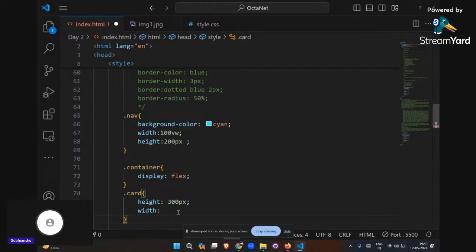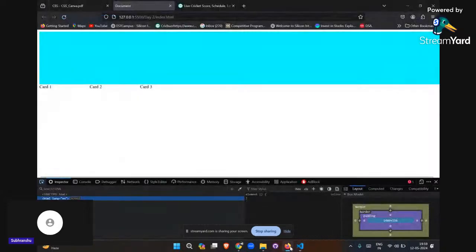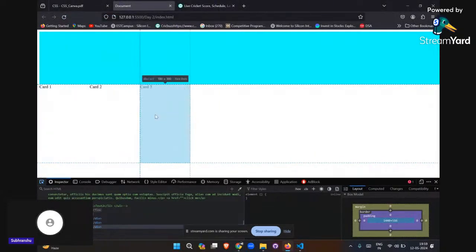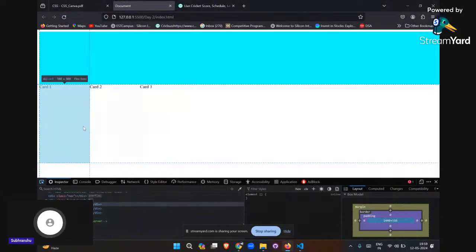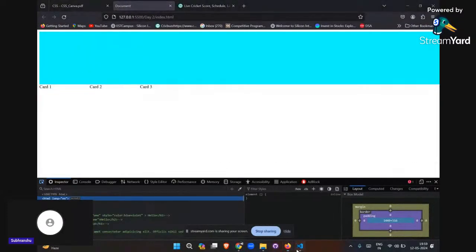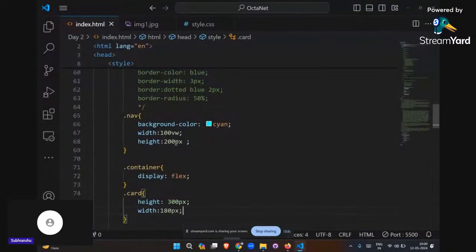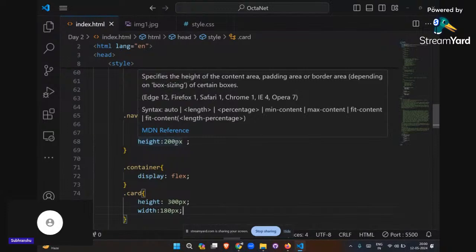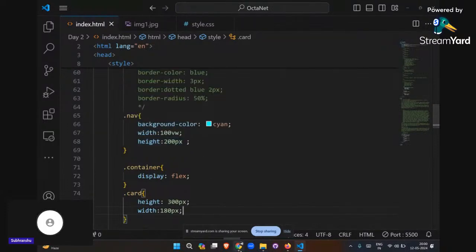Then increase the width up to 180 pixels. Okay, see, the card is increased, but we are not seeing it. So to see that part, we need to visualize. So to visualize, we will provide a border to this. Okay. So to provide a border,